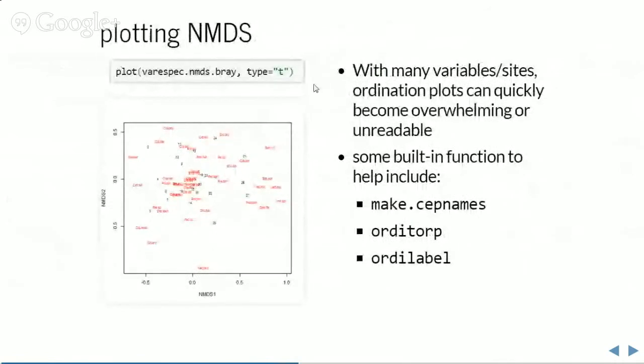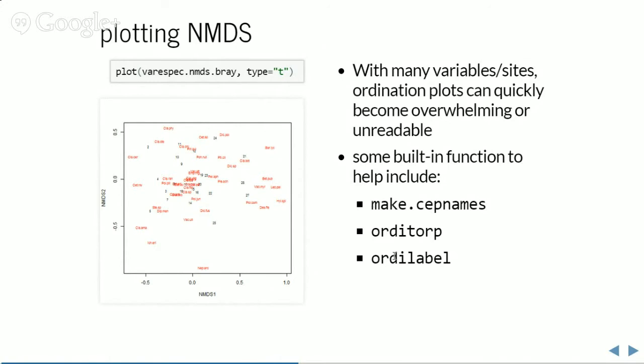So again, we can use the default plotting function and also customize it in basically the exact same ways that we were doing with the PCA. But there's also some other built-in functions that can help out with plots. I haven't used these too much, but for instance, there's this one that, if you have long Latin names, it'll shorten Latin names into like 6-character